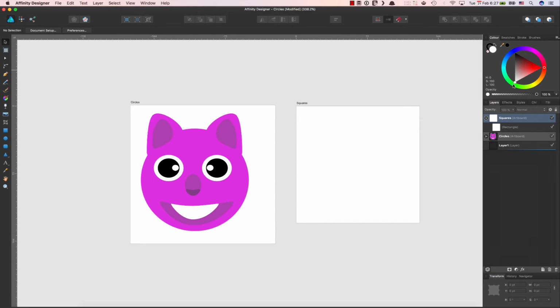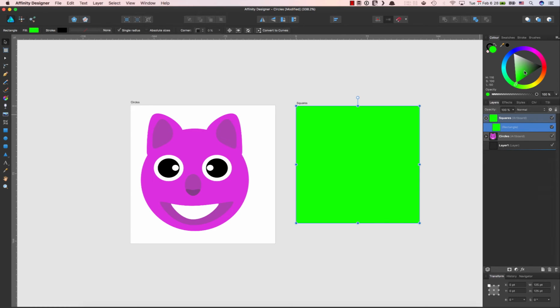Let's pick a green, something like this, but as you noticed the color did not change. That's because the square was not selected. So let's select the square and now we can set the color. So that looks a little grassy, right? So that's the easiest way to make a tile, but